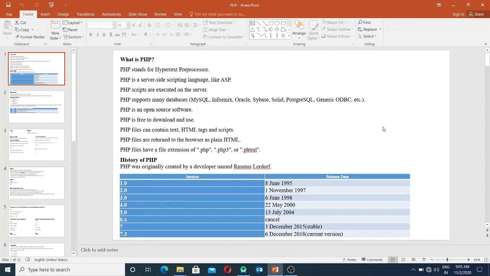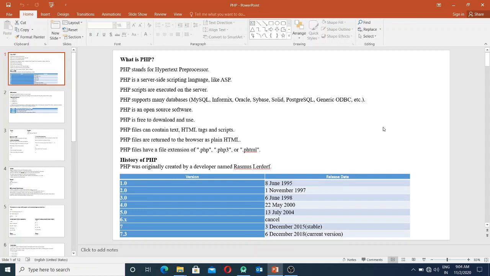After saving the code, that code will run on a browser, not on any compiler. That means here we use an interpreter. The basic difference between a compiler and an interpreter is this: when we run our program and see the output, suppose there is a slight mistake. Then we just go to our file, edit and modify the code, and save. In the browser we just refresh and it will reflect our output.